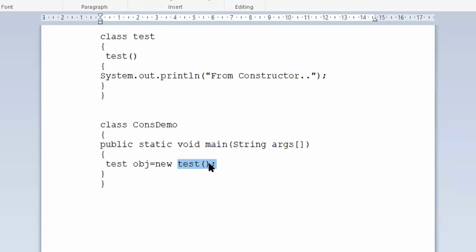Do you have any instance variables in this class? No instance variables are written. What I'm doing is just cross-checking whether a constructor will be called when creating an object or not. Initializing instance variables is secondary. My intention is to cross-check whether the constructor will be called or not when I create an object.